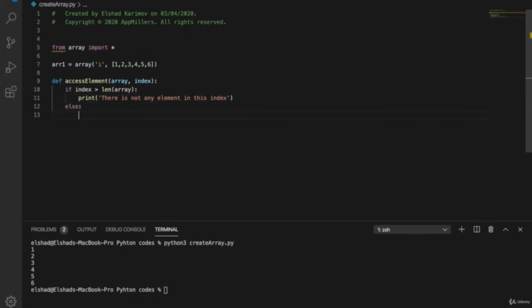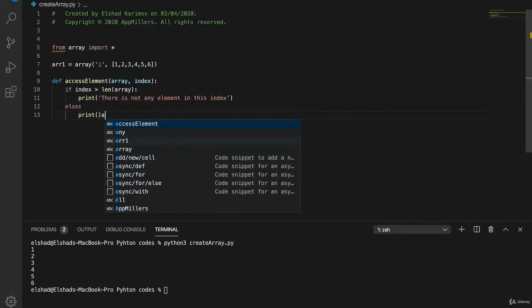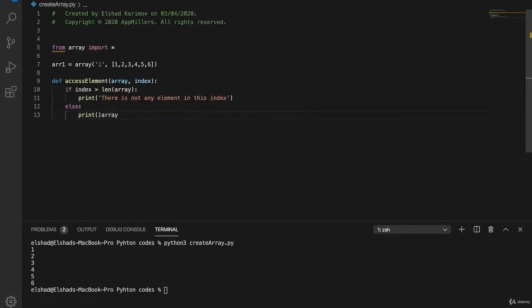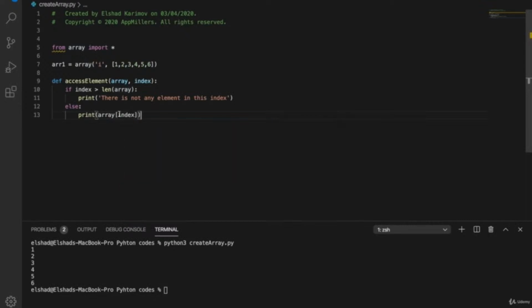So how are we going to do this? We'll use print array name. What is the array name? This is coming from the parameter array. Then we will write index over here. So if you are trying to access an element, we write the array name and the index inside brackets. So if you save this